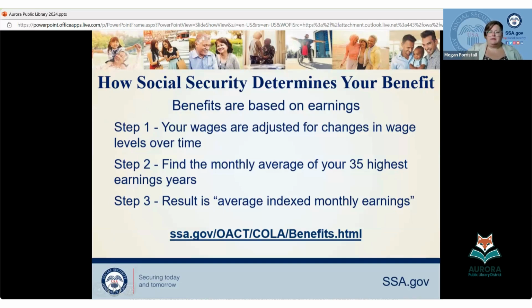So if I had stopped working after 10 years of work, I said, hey, I got my 40 credits, I'll just coast on till retirement, I would have had 25 zeros in that computation. So it's okay if you don't have 35 years total of earnings. They'll just be zeros within your computation when figuring your benefit.